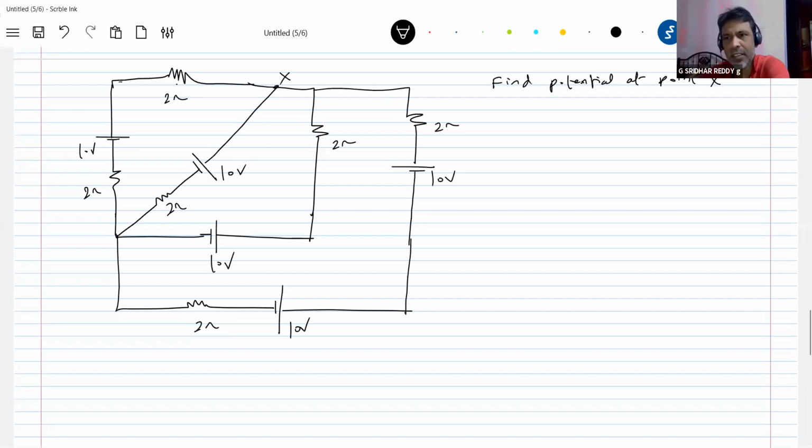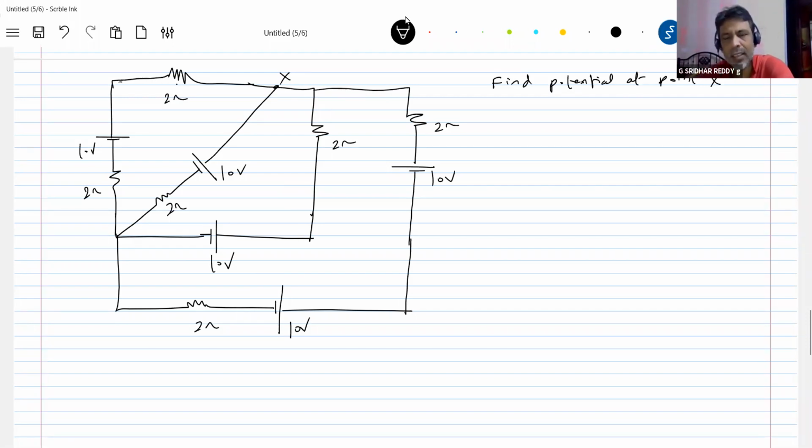writing loop equations, meaning loop currents I1, I2, I3. Three loops are there, so three loop currents will come. Solving that will get the required answer. Then what is another method? The branch current method. Here the current I will branch into I1, then I2, then I3, I4. Like this, we can also divide the currents. That's the branch method. The other one is nodal analysis, so let me focus on nodal analysis.